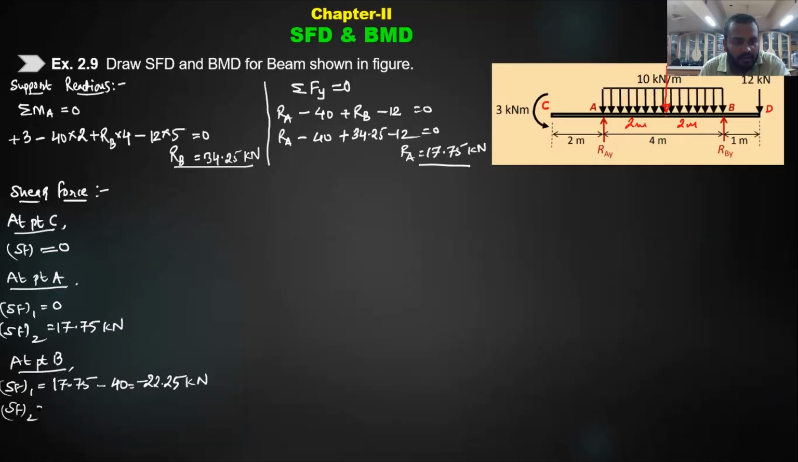Then SF2 would be minus 22.25 plus RB, that is 34.25. How much? It will be 12. Good. Next, and then at the point D,